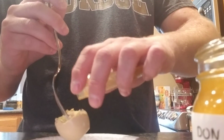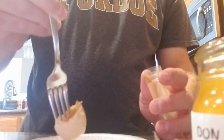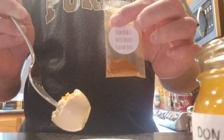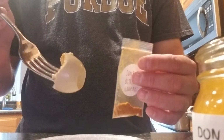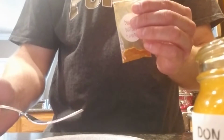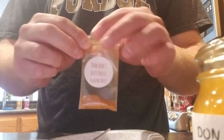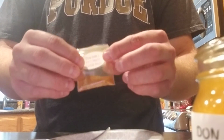It's definitely not tempering the heat at all. Definitely still hot. Gonna put some more on there so you can see. I don't know how good the camera is getting it, but it's all in there. I'm not bashful. If you give me something like this, I'm gonna put a lot on there because that's the way it's supposed to be. Oh, it's so hot. That's really hot,